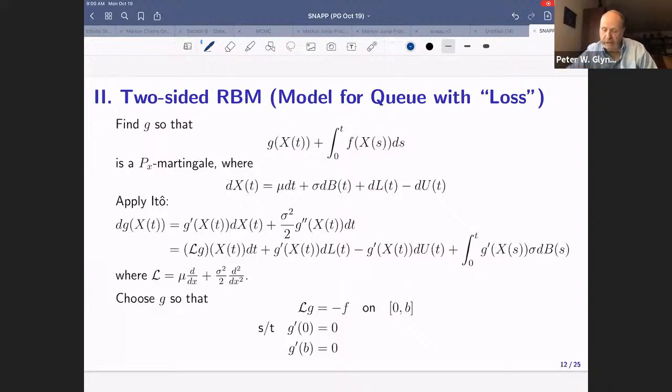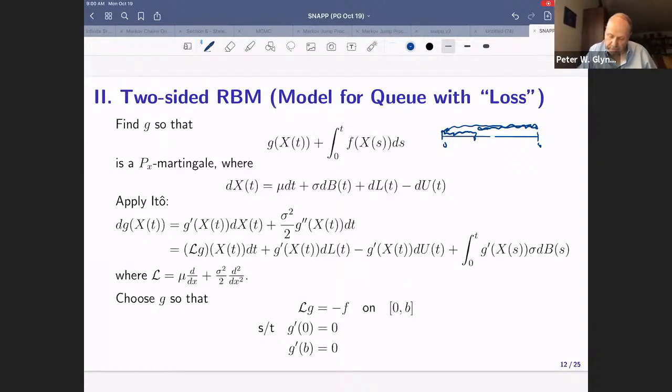So this is a Brownian motion process that is evolving on an interval [0, b]. And we have a Brownian motion process, let's say, that starts off at some point in between 0 and b, evolves, hits the 0 boundary, hits the b boundary. That's a two-sided reflected Brownian motion. When it's on the interior of the state space, it's just evolving like a Brownian motion with drift mu and volatility sigma. Now, in order to keep the process between 0 and b, you have to have some pushing processes at the